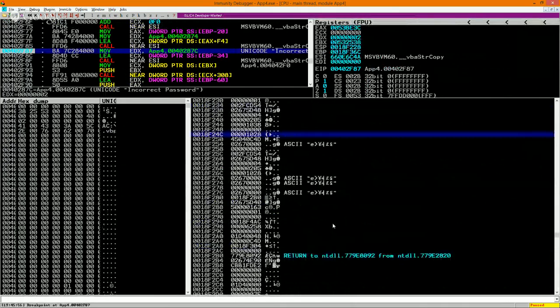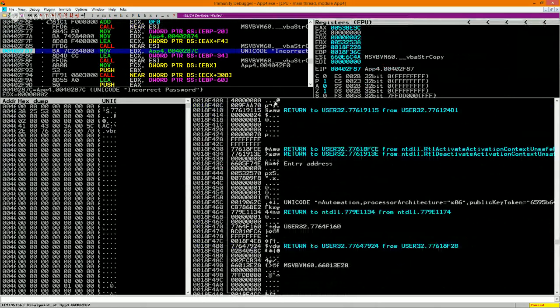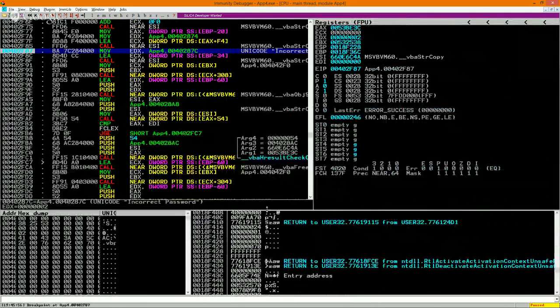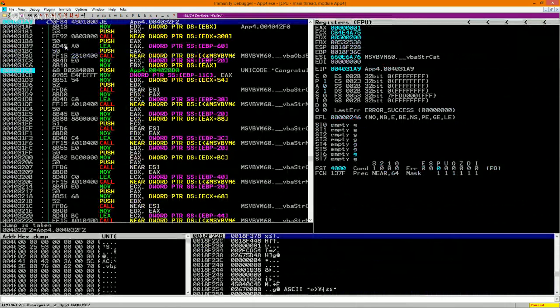I don't really see anything that is of any sort of relevance. So we are going to just continue to that next jump. So assuming that I followed everything correctly, it should hit that next jump. And it did. So we are now at this jump, and we can see